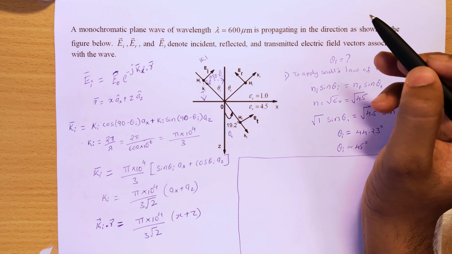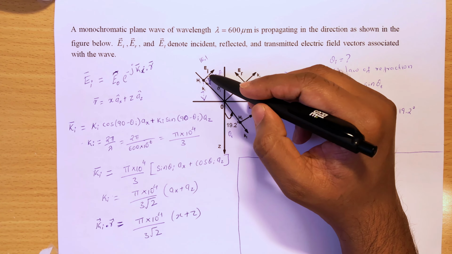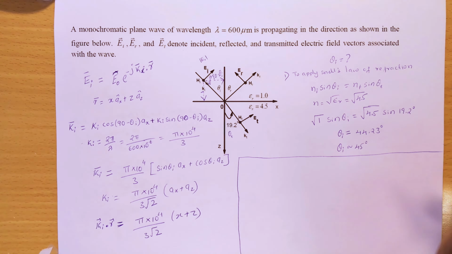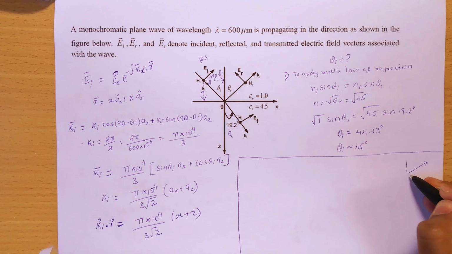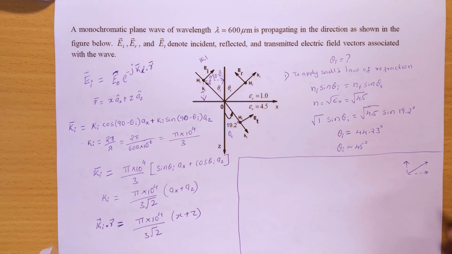So now what we want to do is write EI in terms of its components. So I'll just redraw this electric field vector EI here. Let's redraw EI, and then I will resolve it along its components. So I am resolving it along its components, and what we can find here is, if this is just E naught, which is a vector, this component here, if we know this angle here,